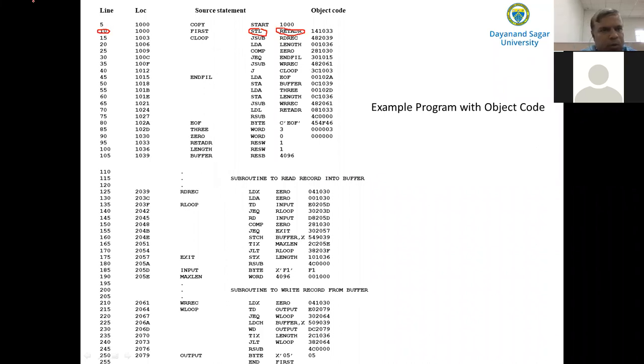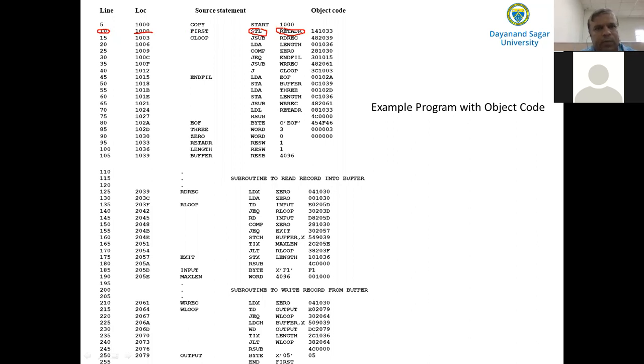So what is the address of this STL instruction? STL starts from address 1000, because the program itself starts at address 1000, as the first line is the START assembler directive and we are not generating any machine code for it. So the STL instruction is stored starting from 1000.